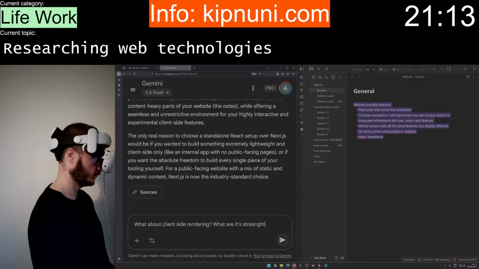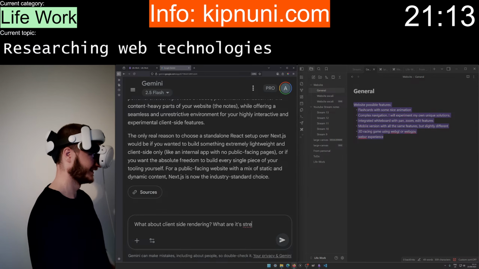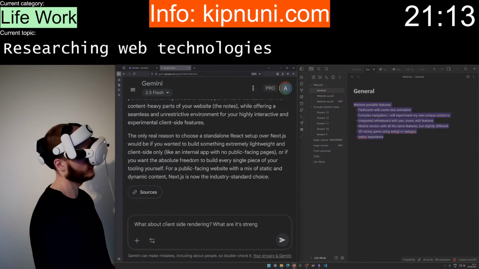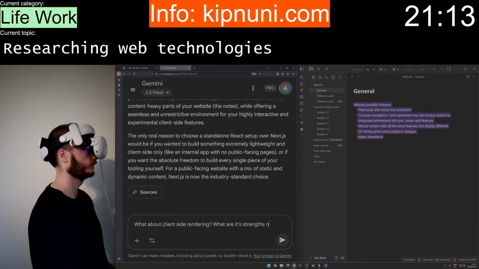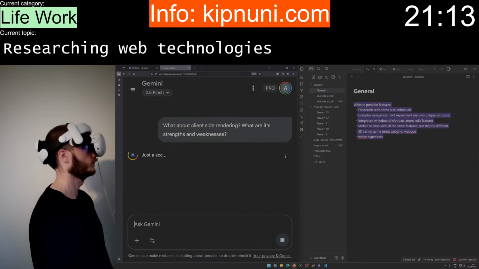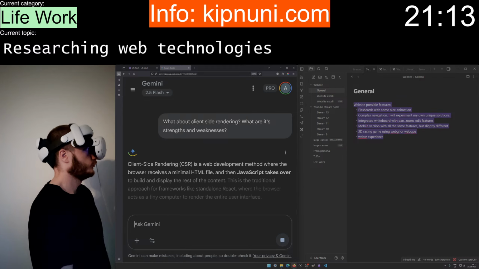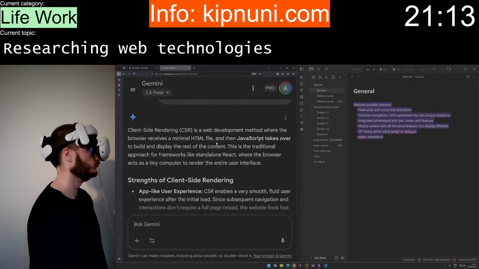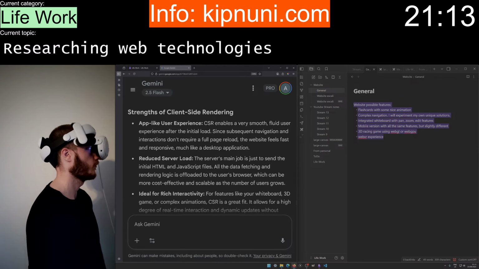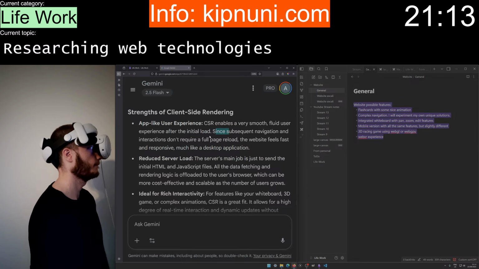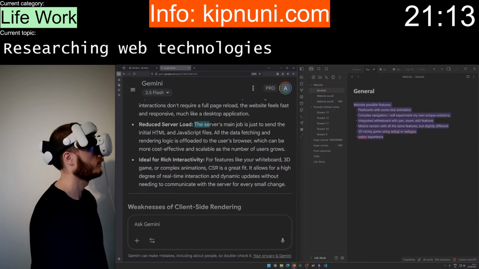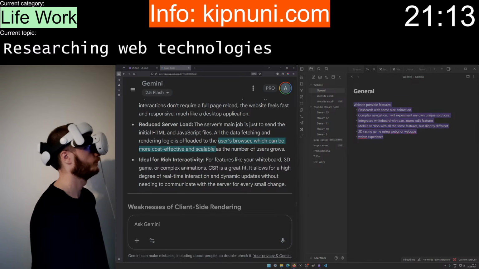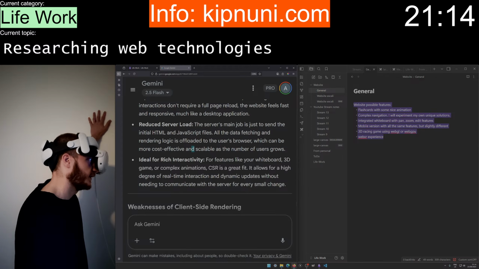Very smooth, fluid user experience. Which can be more cost effective, scalable.